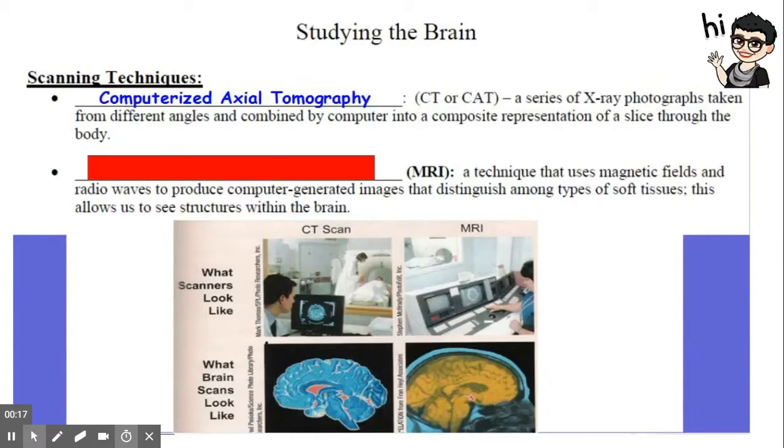as computerized axial tomography. And this is basically a way to map the brain by taking a series of X-ray photos from a variety of different angles and then combining them by a computer into a composite representing a slice through the body. And normally, an individual who has a CAT scan or a CT scan, they're probably going